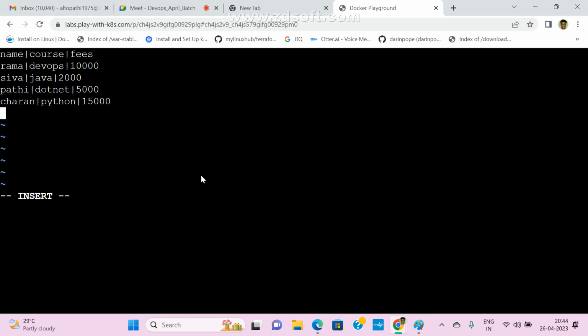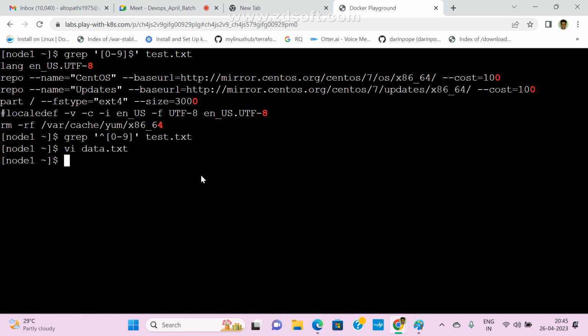This is my data. Now I gave another one. Whatever it may be, that is your wish. For separation I gave the pipe only. Whatever you want, we can give. This is my test data. Escape, colon, wq.